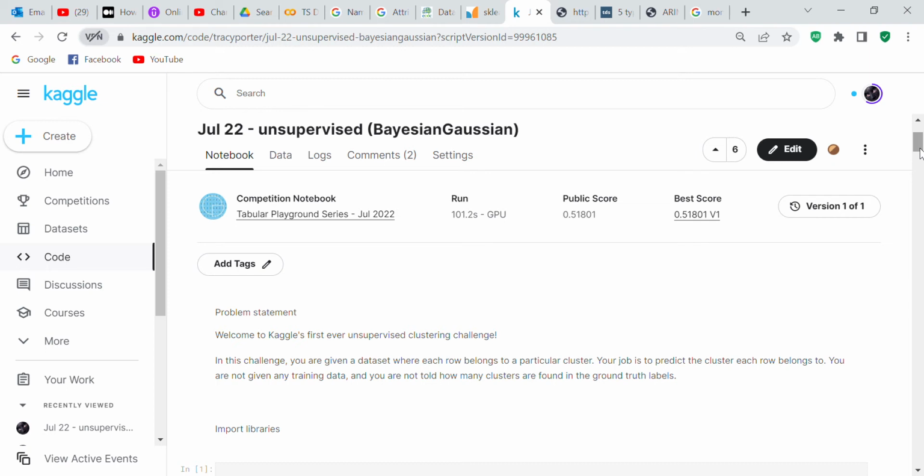And so I got a bronze medal on it as well, but I'm not really going to make a video or a blog post on the bronze medal because I had to borrow the model from somebody else, and I just don't feel that it's right that I make a video or a blog post on the bronze medal that I got when I had to actually borrow the model from someone else. But I'll go ahead and do my code review.